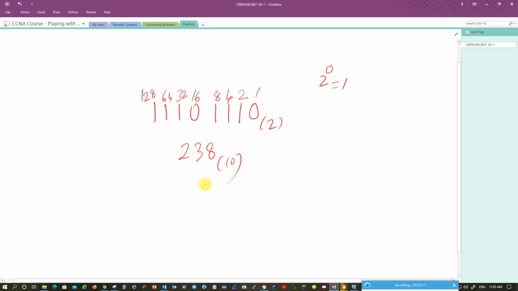If you were to convert this binary to hexadecimal, in that case you will divide it into groups of 4. You will separate them, each one of them, like this. Now you are converting it to hexadecimal, so you are dividing in 4. This will become 8 plus 4, 12, which is C. This other group is 14, which is equal to E in hexadecimal.